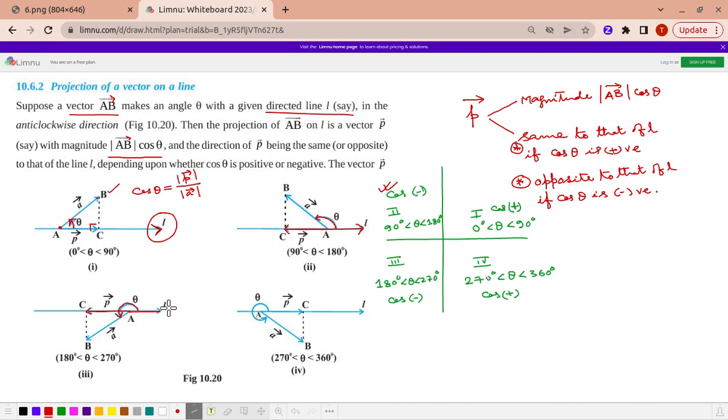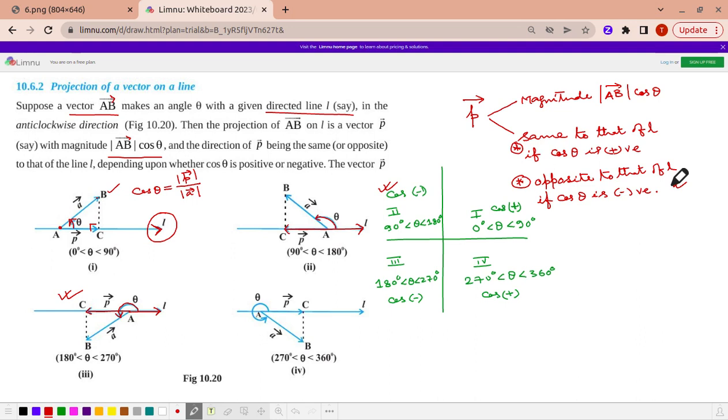Okay. So then what we get here, dear students? We see the value of theta is in the range of 180 degree to 270 degree, which is in the third quadrant, and in the third quadrant we see the value of cos is negative. So both geometrically, as you observe here, and algebraically, as I have mentioned here, we see that the direction